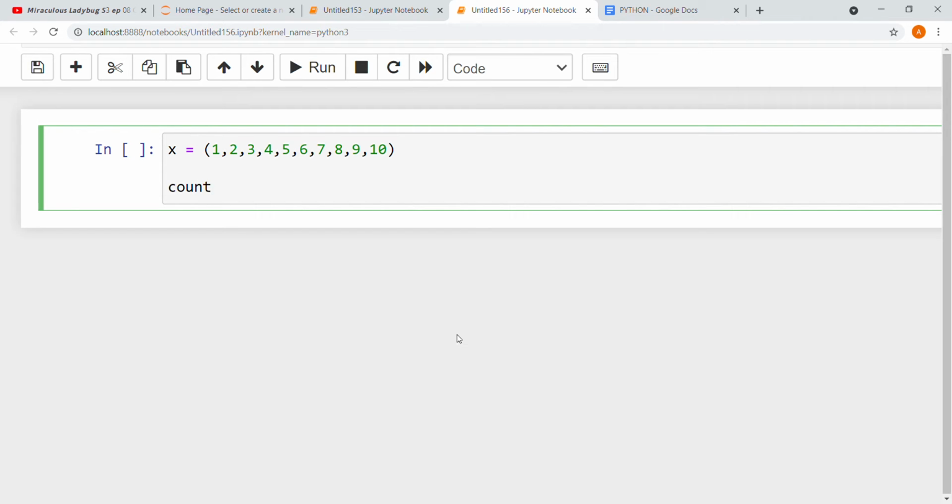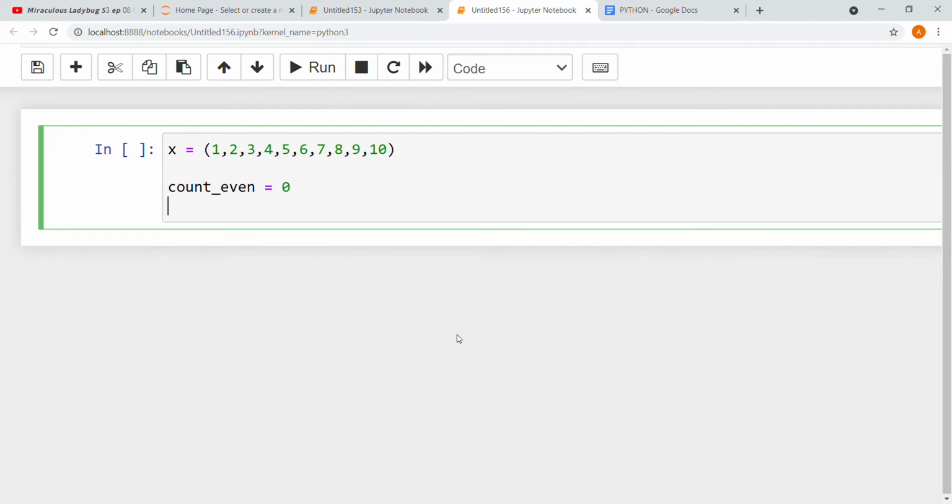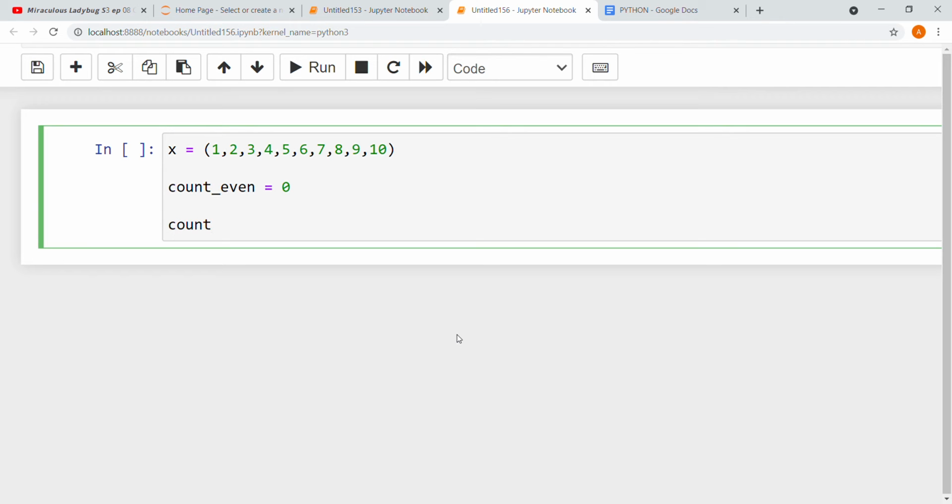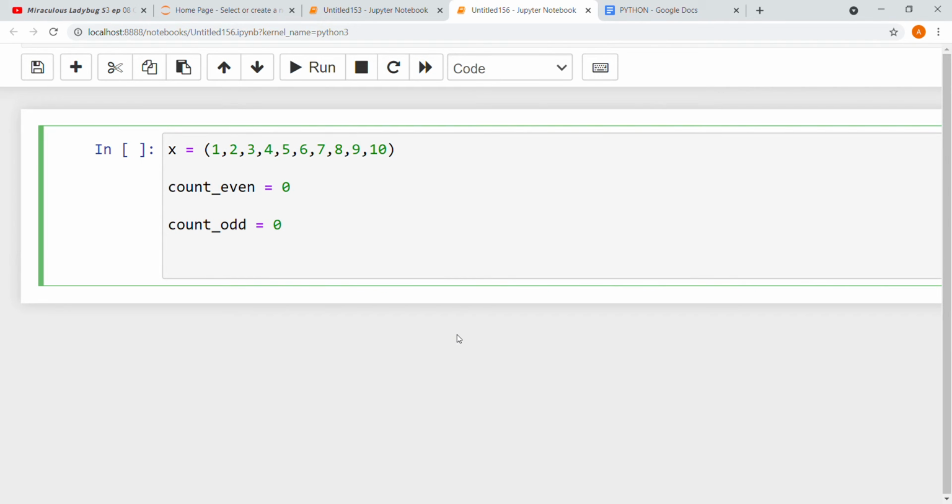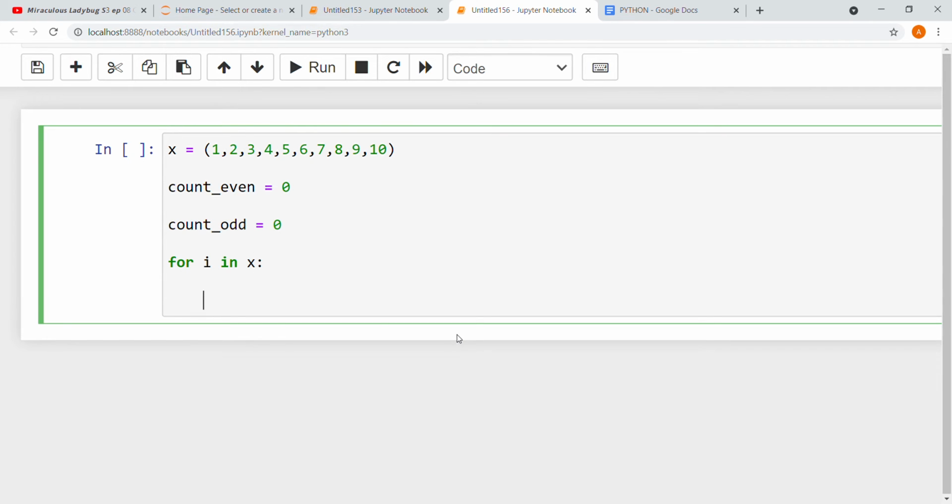count_even is equal to 0. count_odd is equal to 0. And for i in x, if i divided 2 is equal to 0,